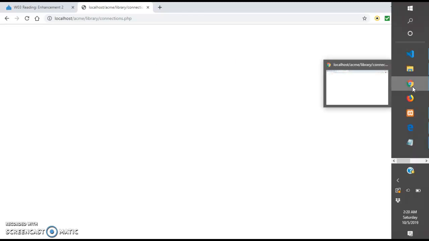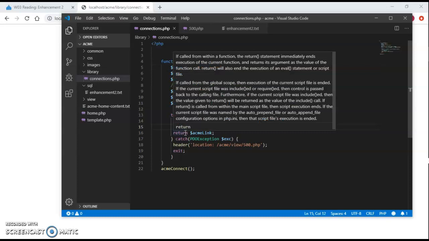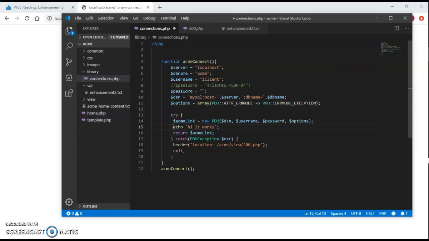I have no errors. So we want to see if I had an error, it would take me to the 500 PHP page. So if I go back here and I'm going to change this code here, bring this in, make a little error up here, take that out. So if I save that,